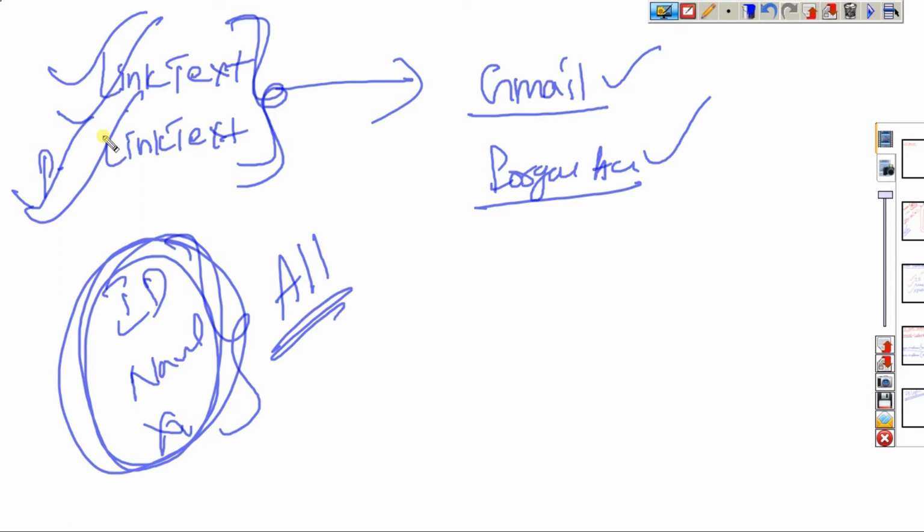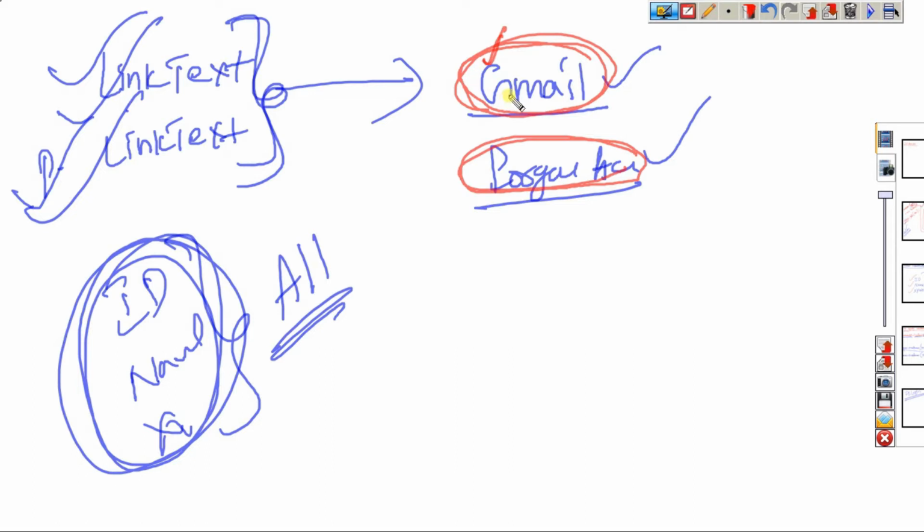These locators identify a link based on its visible text, and only by that visible text. It is case sensitive. If it is a capital letter, you must give the same text with the capital letter. Understood?